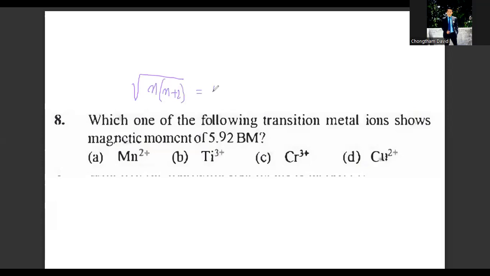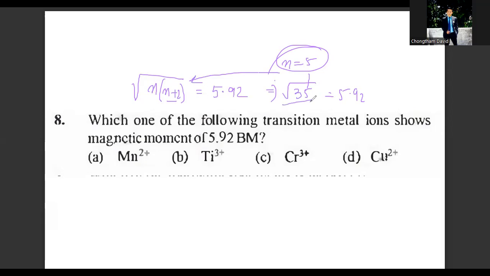This is already given in the question, 5.92. You need to decode the value of n. So n must be 5, because 5 times 7 is 35. What is root over 35? This is 5.92. So how do you get this 35? When n equals 5, and you put this value of n equals 5 in this equation, you will get the square root of 35,